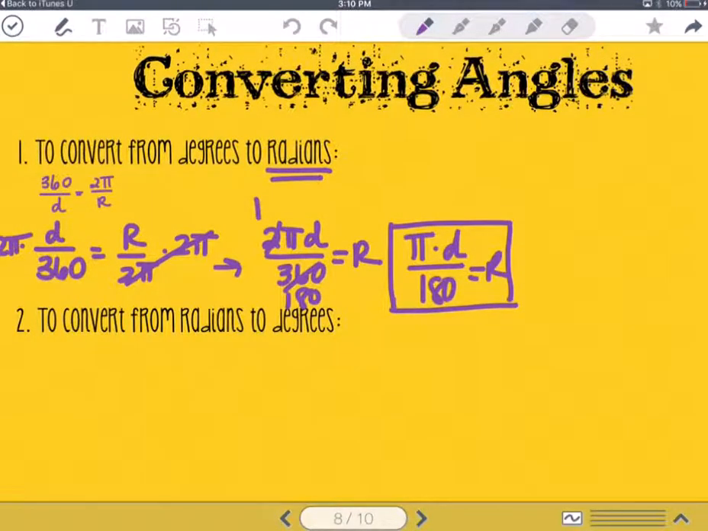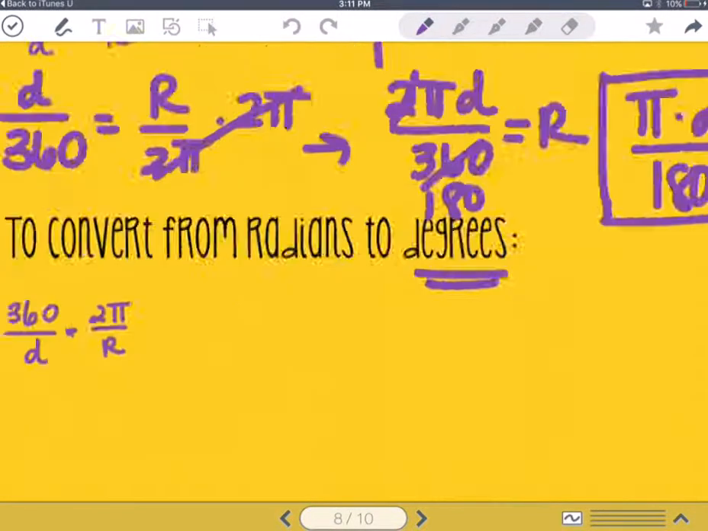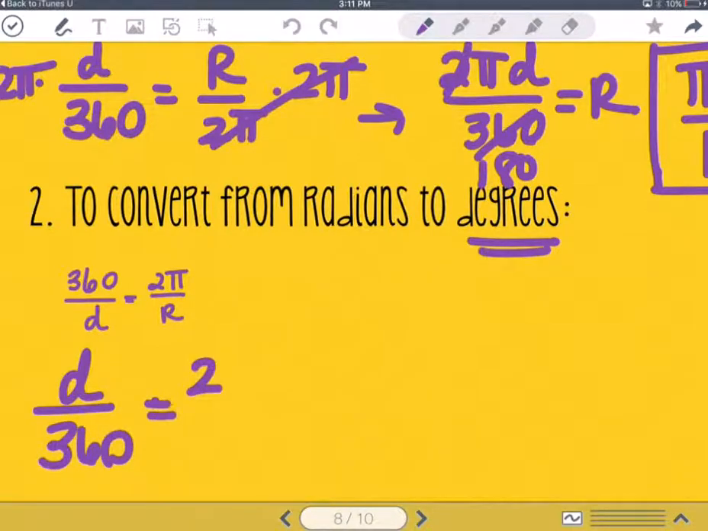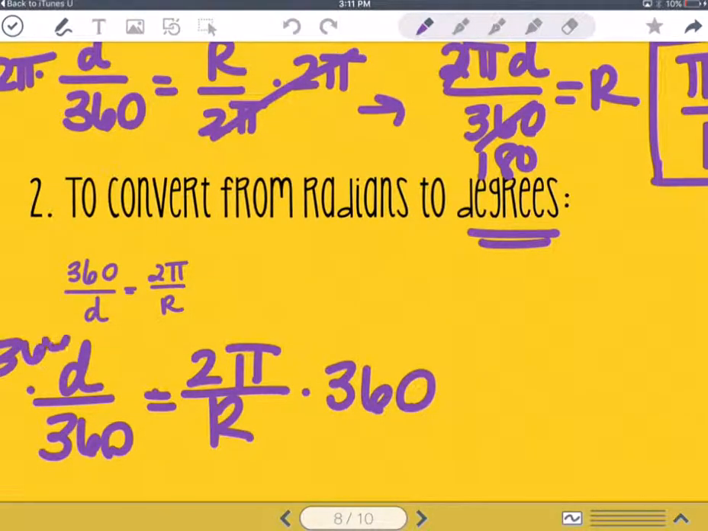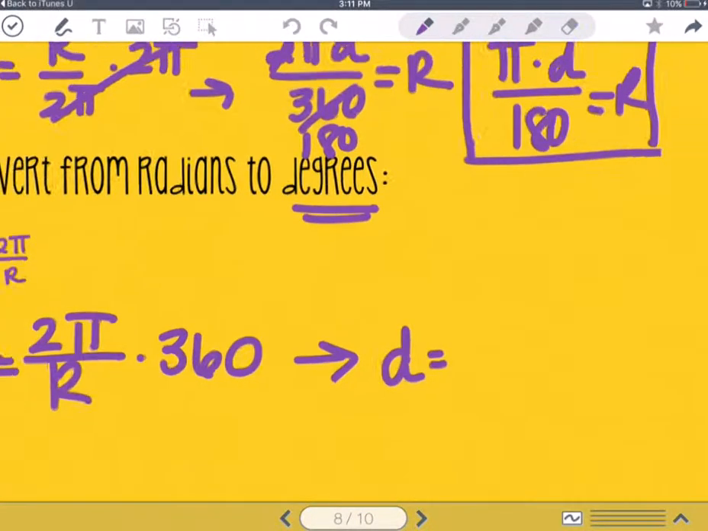Now, I'm going to do the same thing, except I'm going to solve for degrees this time. So I'm going to take this same formula, and this time I'm going to solve for degrees. So I'm going to start by flipping them again. And I'm going to multiply both sides by 360 to get degrees equals,